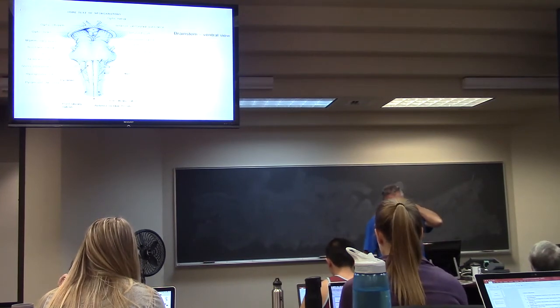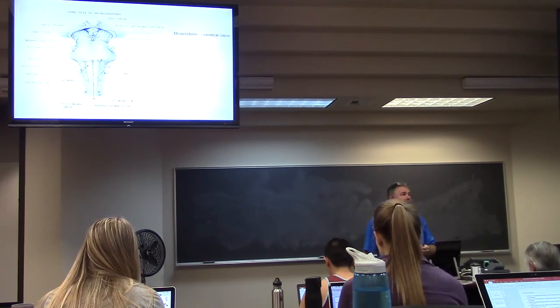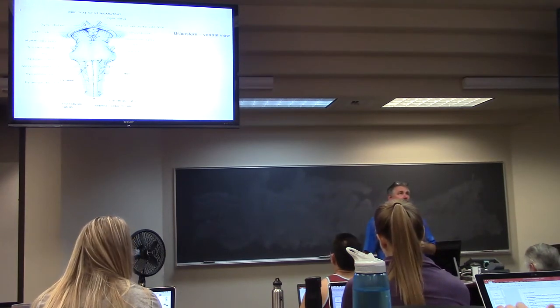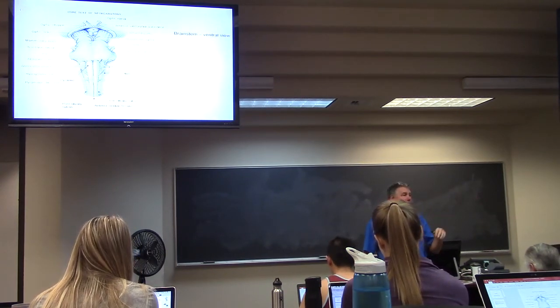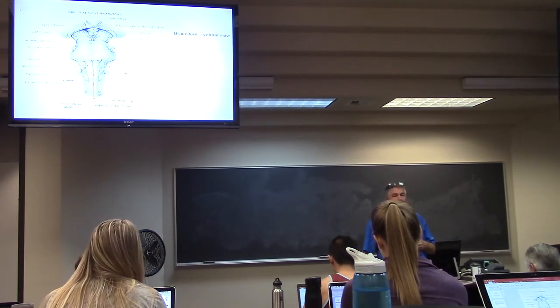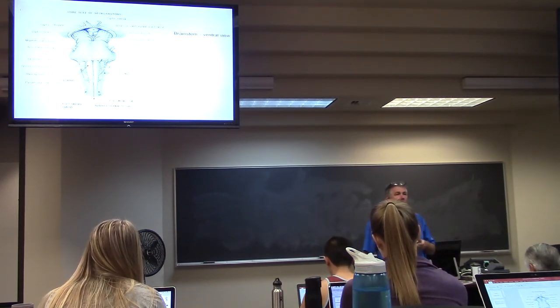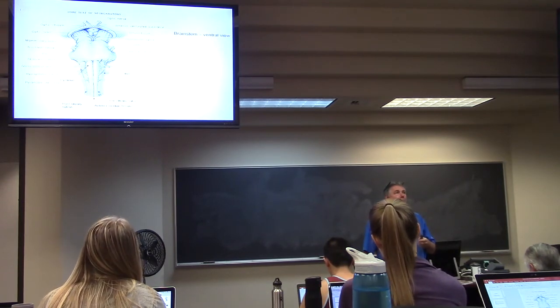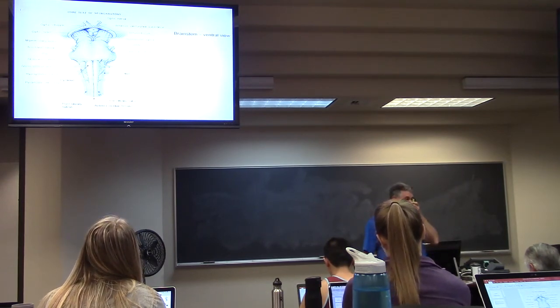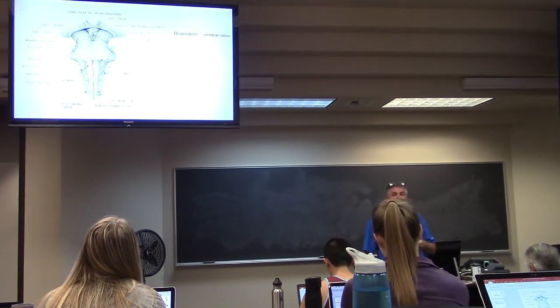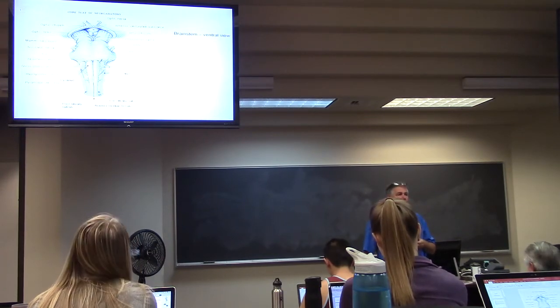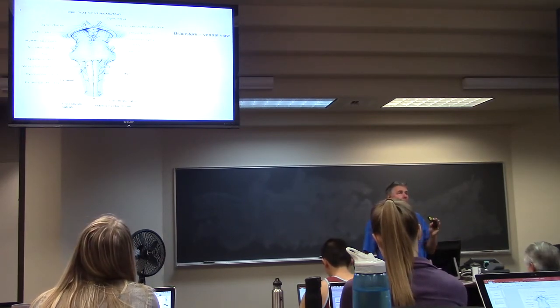Before we get to the nuclei, let's look at the topography of the brainstem. The brainstem is divided into 3 general sections. From the bottom is the medulla. You may also know it as the medulla oblongata, but the medulla is good enough. Above the medulla is the pons, and above the pons is the mesencephalon, M-E-S-E-N, mesencephalon, also called the midbrain. If we go back down to the medulla,